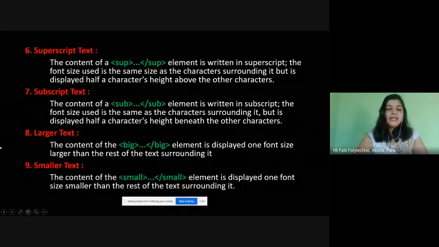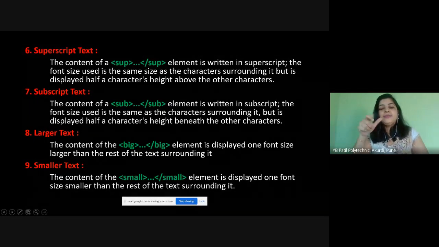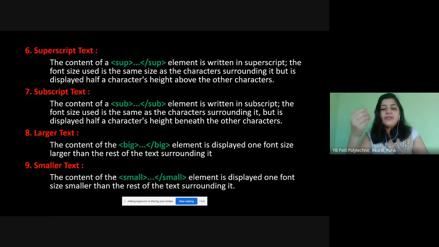Similarly, the opposite is smaller text. If I want to display any text in a smaller size than other text, then I will use the small tag. Whatever you write inside the small tag and end of small tag will be displayed in a slightly smaller font size than the rest of the surrounding text.